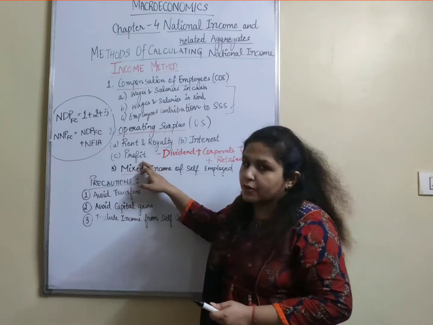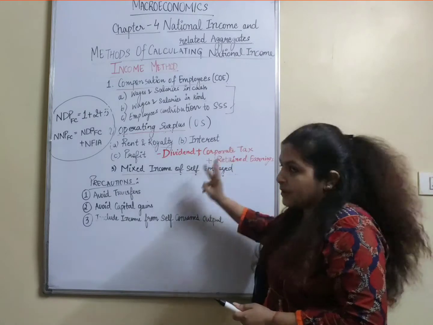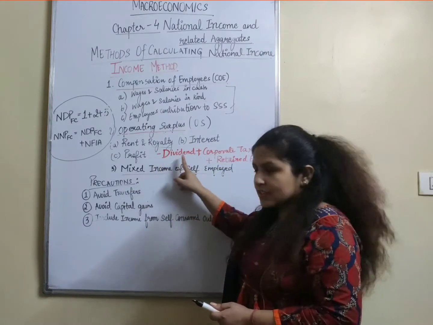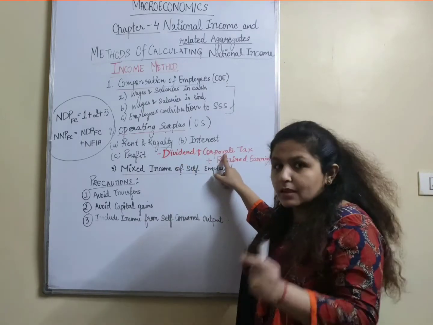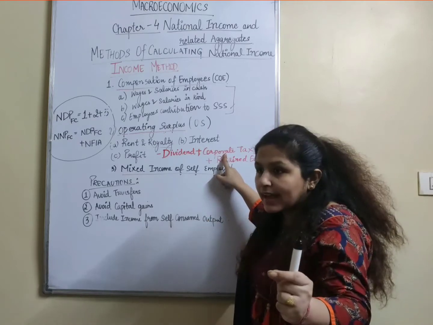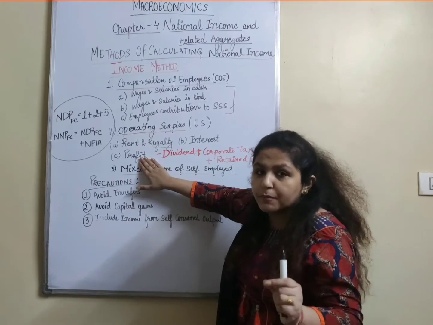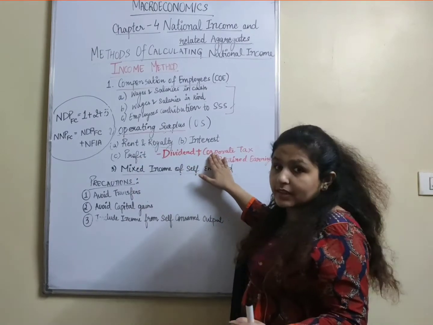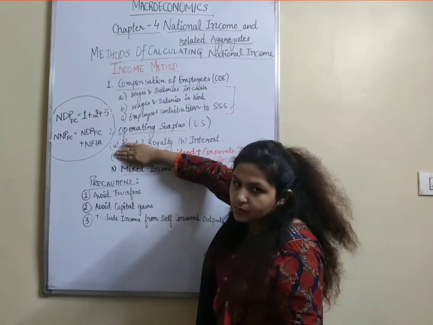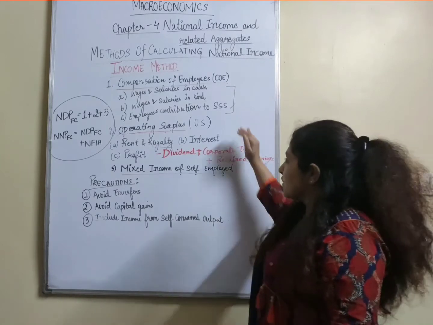Then the third part is profit. The profit earned by companies is distributed into 3 subparts. You need to remember this. Dividend, the first component. Corporate tax, that means the tax before the profit, right? We have not paid the tax, it is still included in the profit. So this is profit before paying the tax. The second component is corporate tax, third is retained earnings. So if profit is not given in the question, you will add up dividend, corporate tax and retained earnings. So this is the second component.